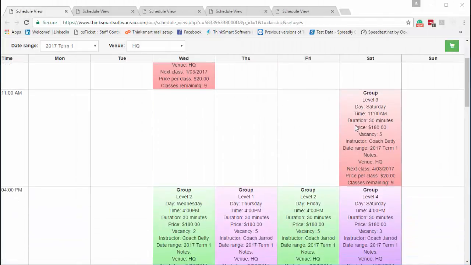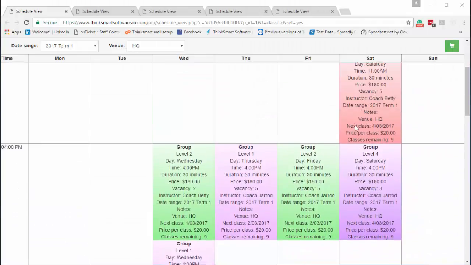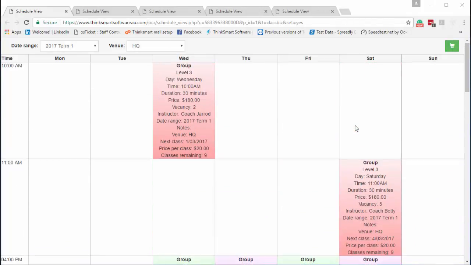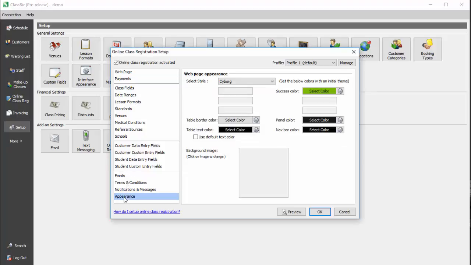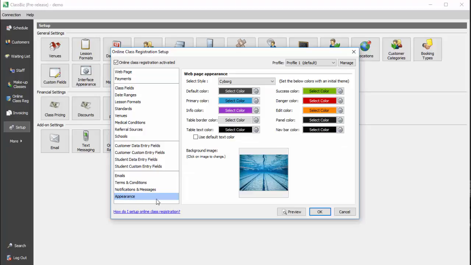The last enhancement in version 13.2 relates to the viewing of the customer portal and online class registration. Most of you will be familiar with the standard view and the standard colors. We will be introducing the ability to customize these colors through the use of the Appearances tab in the online class registration setup. By changing the various color options as they relate to various tabs, text, or windows within the